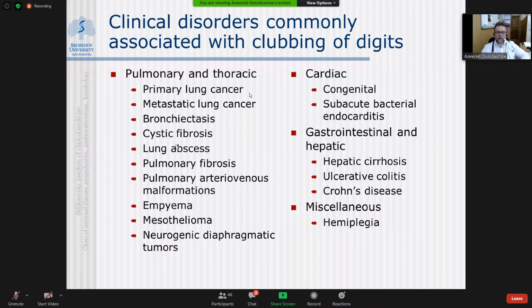They develop and progress extremely rapidly once the patient develops primary cancer. Significantly more rarely it will be seen in metastatic cancer. Bronchiectasis is a typical non-neoplastic cause. Sometimes it may be seen in patients with cystic fibrosis, again an affection of the lungs,